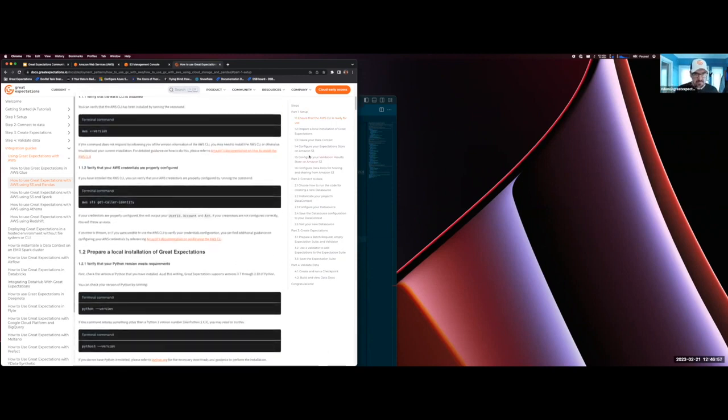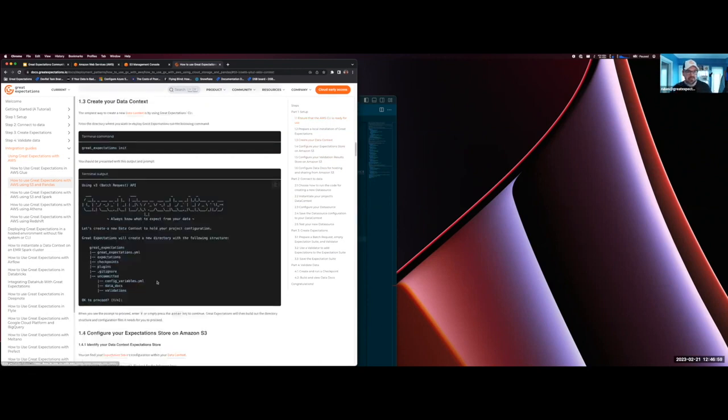All right. So the first thing is going to be creating what we call a data context in Great Expectations. This is sort of like a project level view of all the things that we need to run validations. And the first thing is just going to be running that command that we're told on the